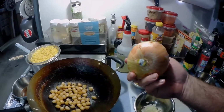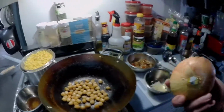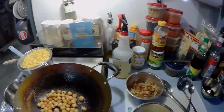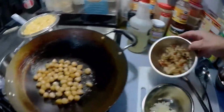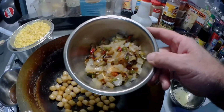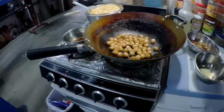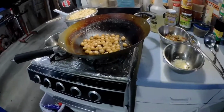I take one of these guys here, but you could use a sweet onion, you could use whatever onion you want, but I like them sweet onions. And in the wok, I caramelize it, and then I add in, depending upon the amount of heat that you